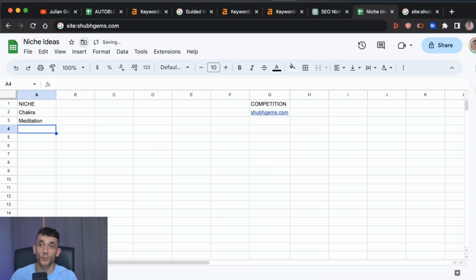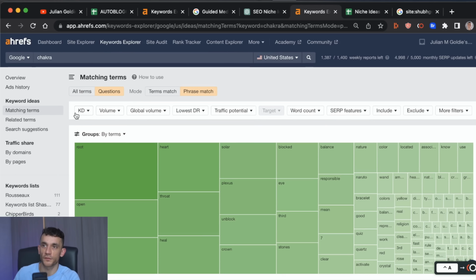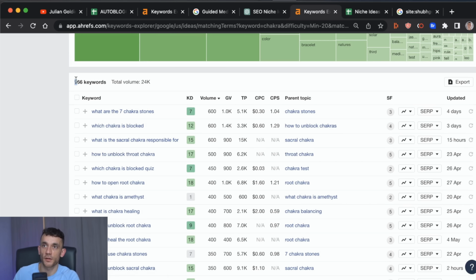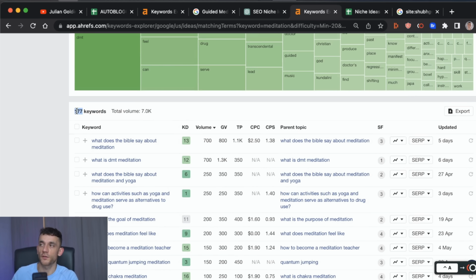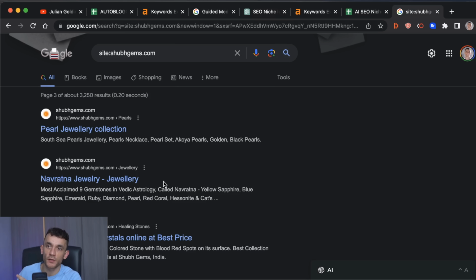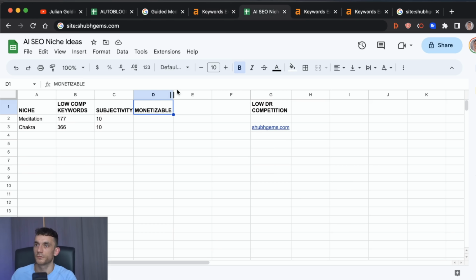Qualified niches that we know we could realistically rank for. So if we filter this down to KD20 or below, let's see what we got for chakra. Right, we've got 300 keywords. For meditation, how many have we got? Meditation, we've got 177. You could also look at how some sites optimize the content, and then you just start